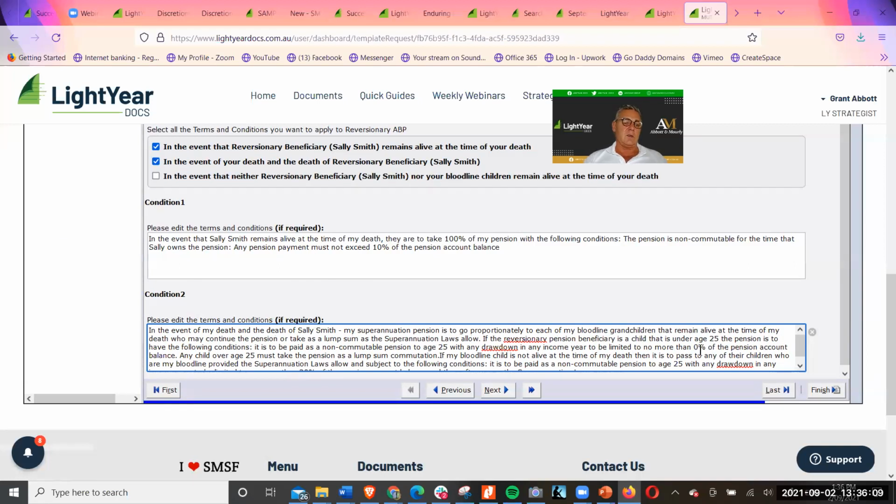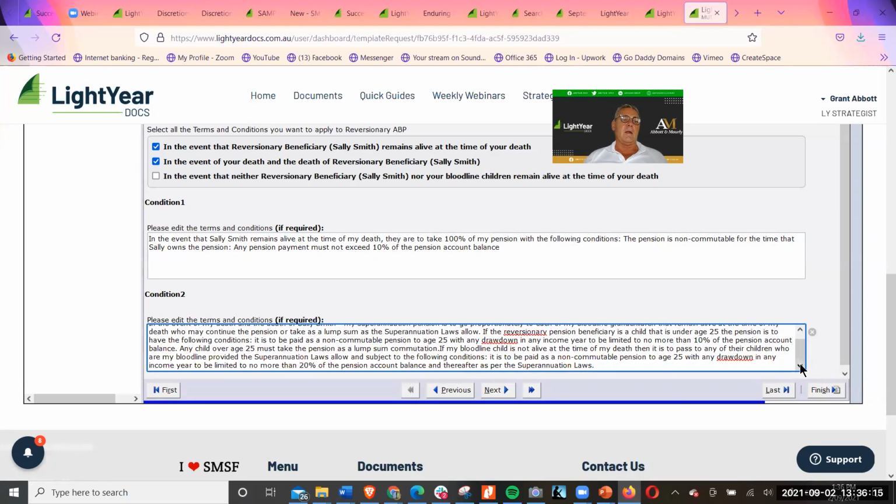Let's actually chop that down to 10% of the pension account balance. Any child over the age of 25 must take the pension as a lump sum commutation. Now, I don't need to do that because